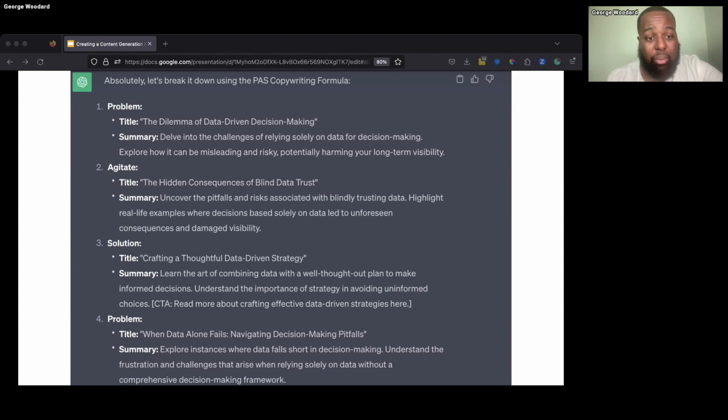And that gives you a summary of what the article could be about. Then I can actually take that summary, repurpose it, and tell ChatGPT, using this summary, give me an outline of a blog article, a presentation, or whatever, and I can take it from there. That's just one way you can use AI to help you.